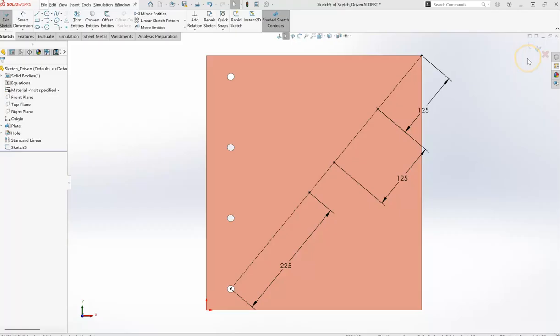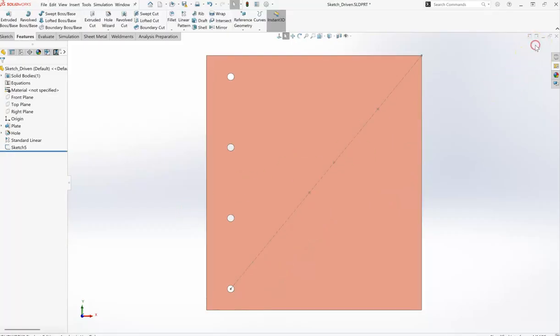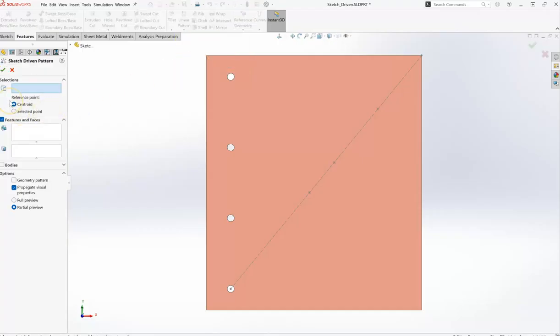I forgot to exit this sketch, so we need to exit the sketch first. Now we can go over to the linear pattern, and I can click Sketch Driven Pattern. And we want to make sure that we have centroid. And under selections, under our flyout here, we're going to pick our sketch that we just did. And then our features and faces, we can come up here and we can select